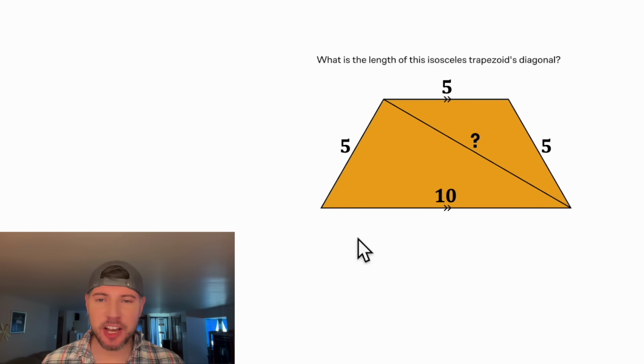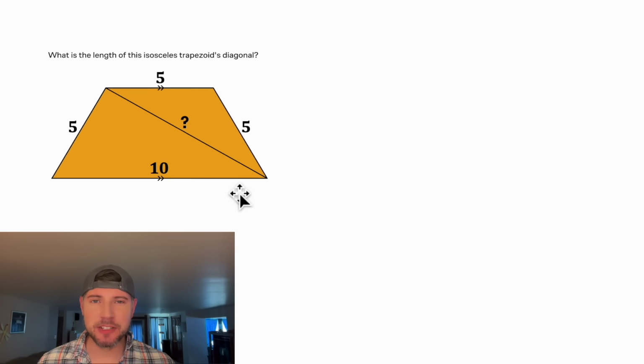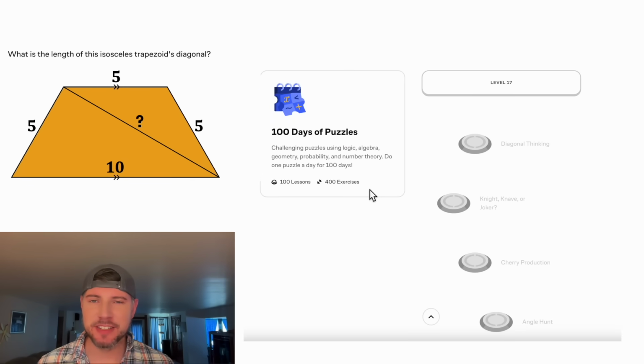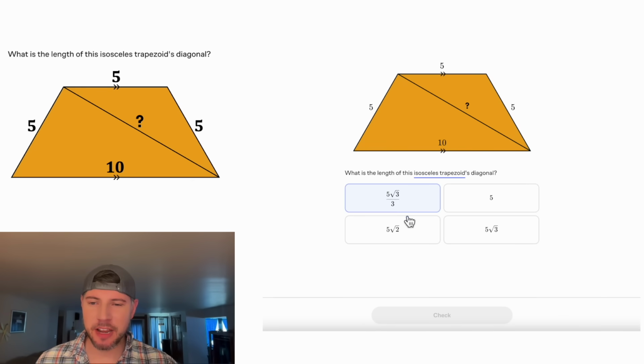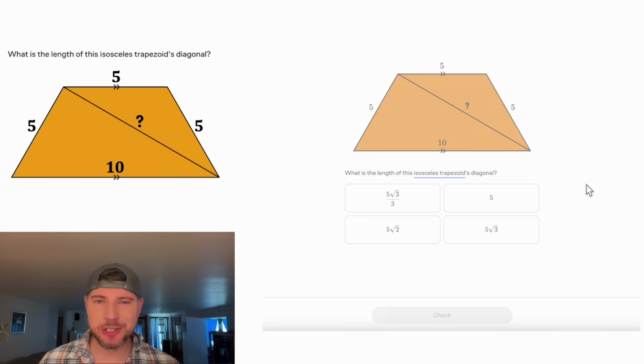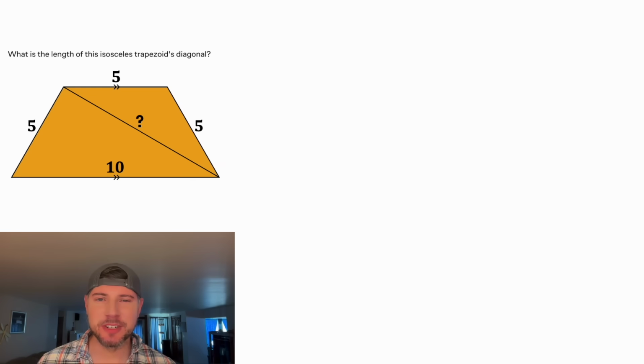We're given an isosceles trapezoid where these three sides are equal to 5 and the base is equal to 10. And it wants to know what is the length of the diagonal. I got this puzzle from Brilliant. It's part of the 100 Days of Puzzles. Here it is right here, diagonal thinking. We're given the problem here and we have 4 choices. If you want to try it on your own, pause it right now because I'm going to solve it in